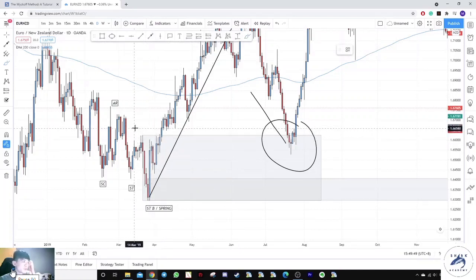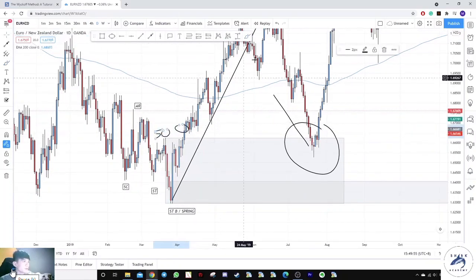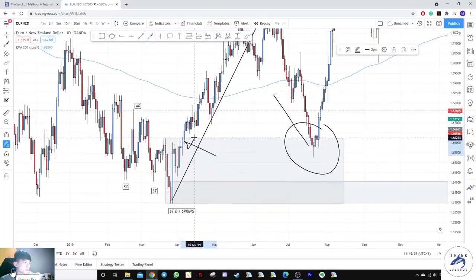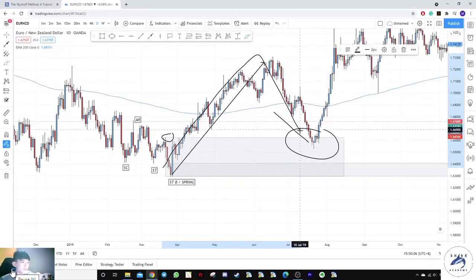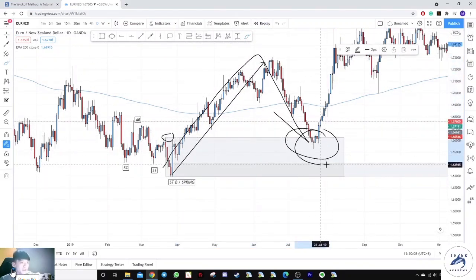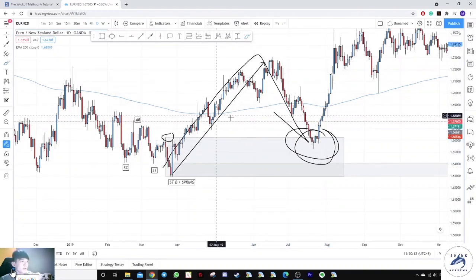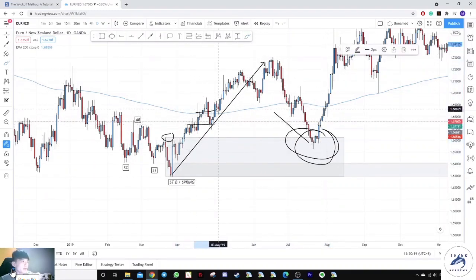So imagine they sold 50 billion worth of money over here, let's say 50 billion. When prices tap into this zone, it cleared off maybe about 10 billion, and when prices move off, they lost even more money, correct, because they sold here. So when prices moved off, they came back in over here, and they are able to exit even more positions, because the composite man or the institutional traders are always buying here and selling here and buying here.